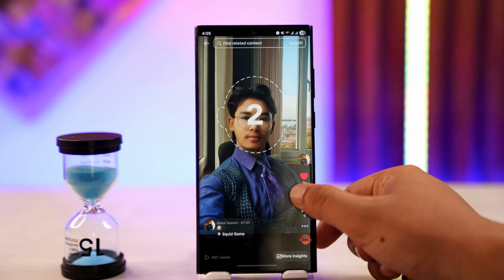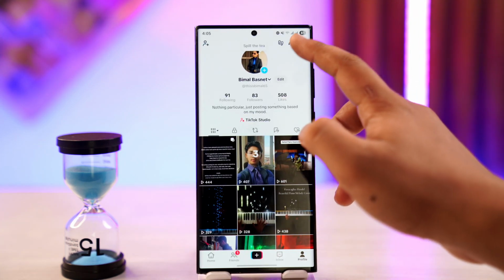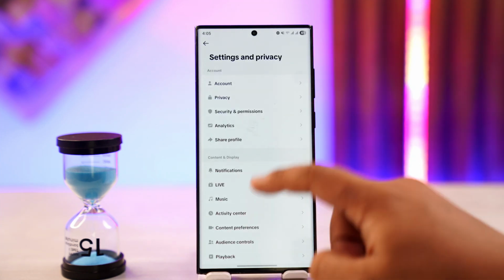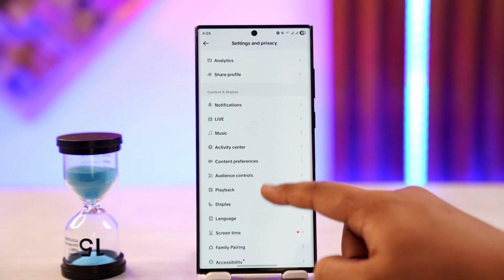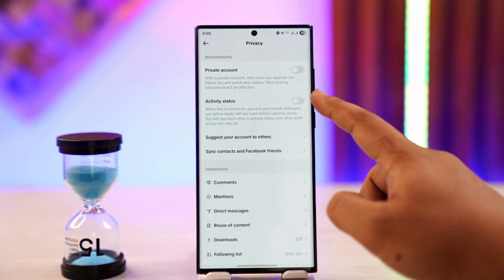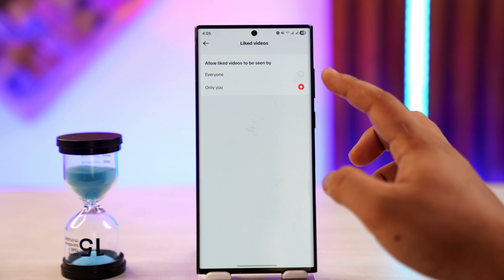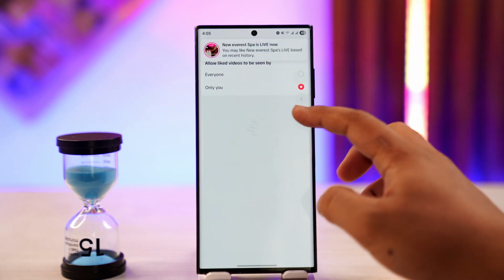the first thing is we can tap on the three lines icon from the top right hand side, go to settings and privacy, and from here we can go to various options. So first of all, go to privacy, and here you can say liked videos. If you want only yourself to see the liked videos, you can select only me, but make sure that